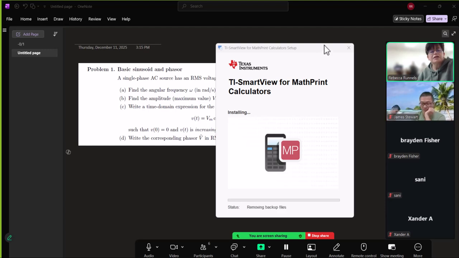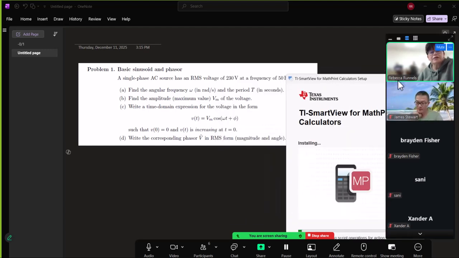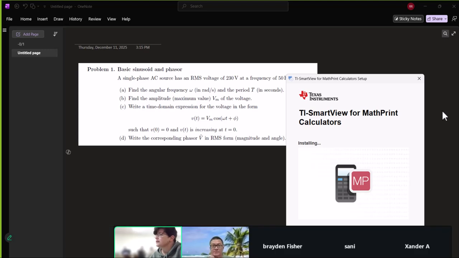Like reactivate the license and it wouldn't work and it had made me reinstall it, so it's still installing. All right, so I have some problems here that